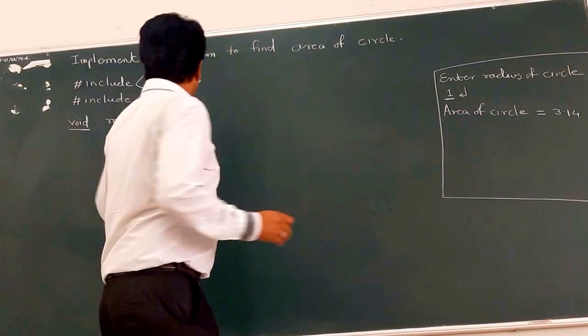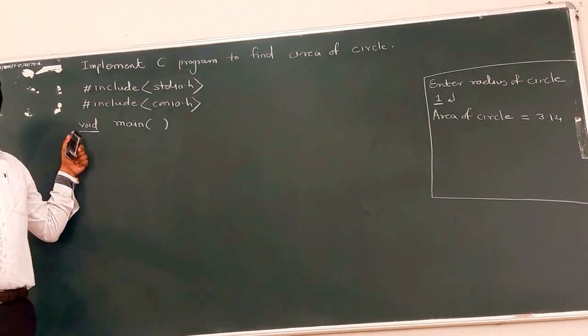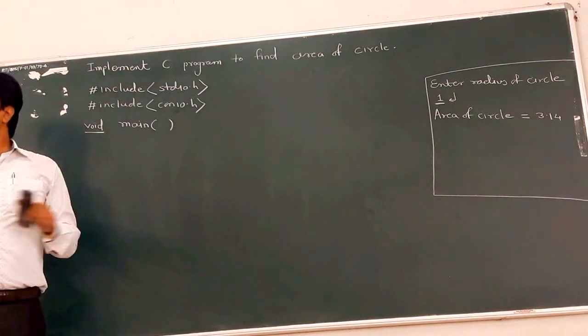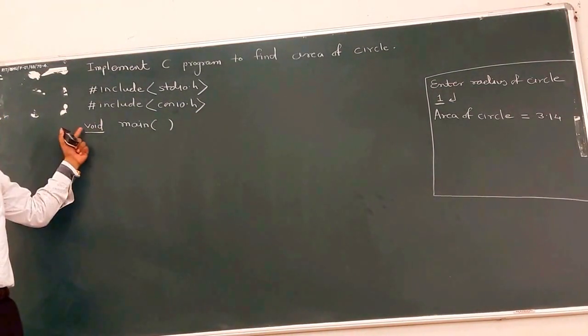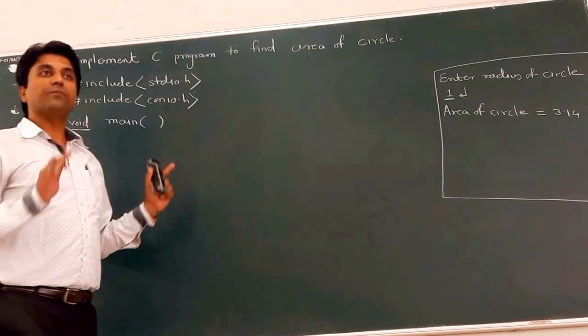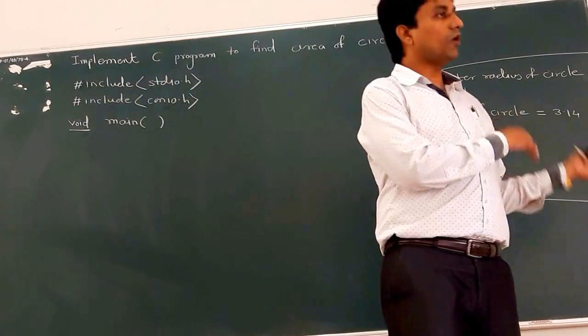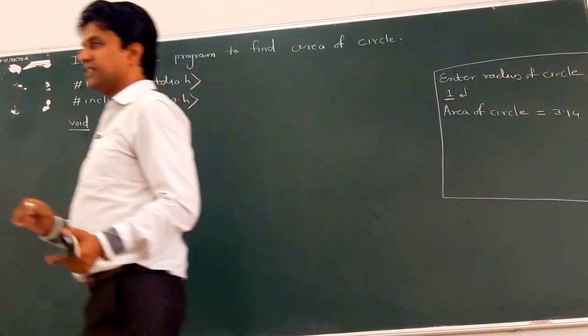Okay. So here the return type is int while we use an ANSI C compiler, but now we use a traditional C compiler. So write the return type as void. The meaning of that is this main function does not return anything to the operating system. So the return type is void.